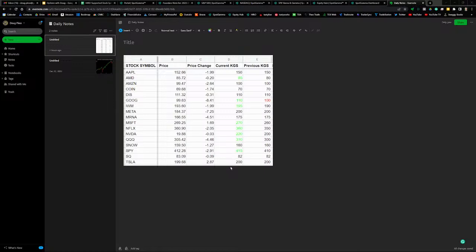So obviously this is showing a lot of green today, meaning that market traders were expecting and accepting higher prices yesterday and positioning themselves in higher strikes. So that's how I interpret that information. That's bullish, to look at rising key gamma strikes and other key gamma levels like put walls and call walls. And it's hard to keep track of all that, so I just track the key gamma strike.